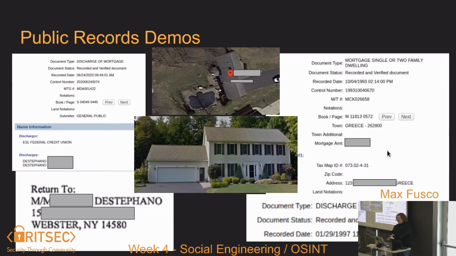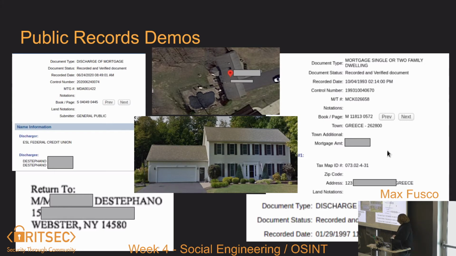We find the actual address that it is. You can sometimes check and see exactly how much they bought the house for, so you can get information on how well off someone is. If they're at the end of their mortgage, you can see that this company lent this much money to them to pay it off. So you can get more information on how they're doing financially. Again, tax liens, all that. You can understand a lot financially from this.